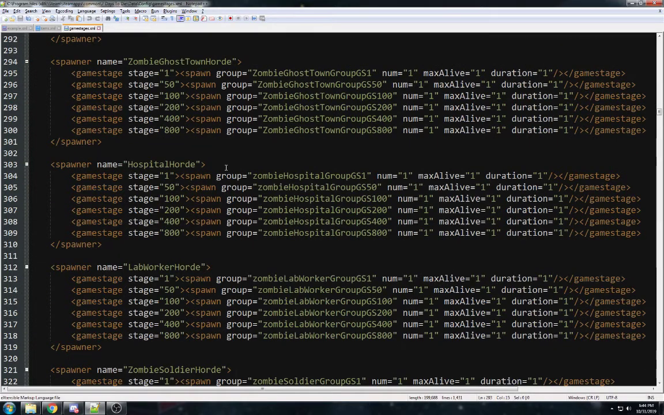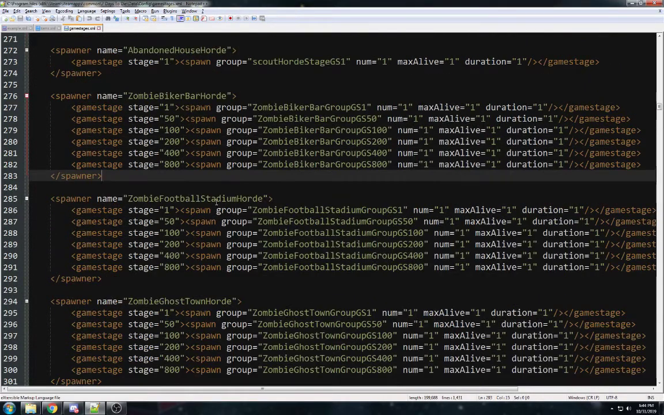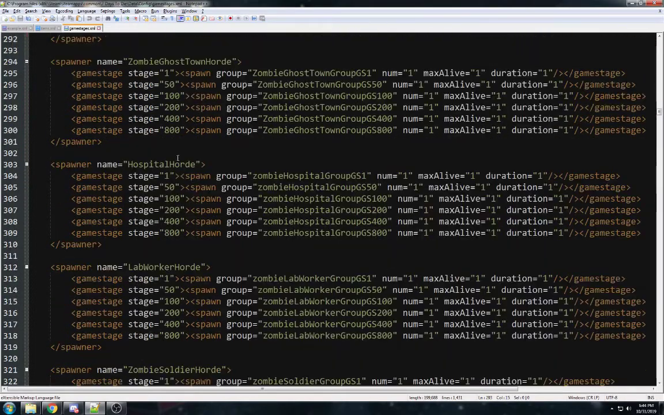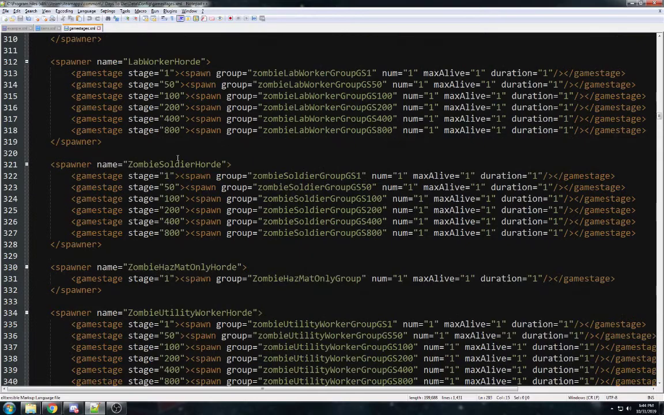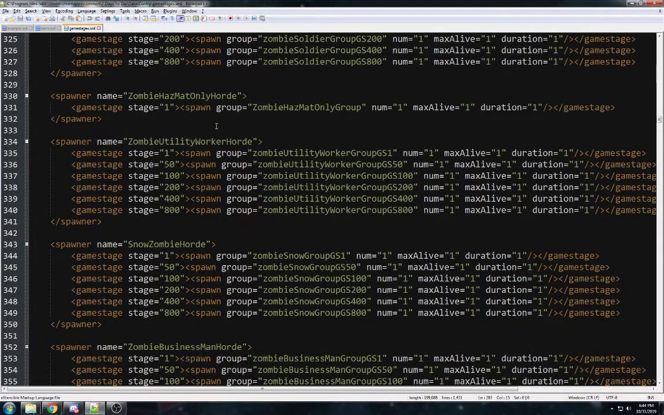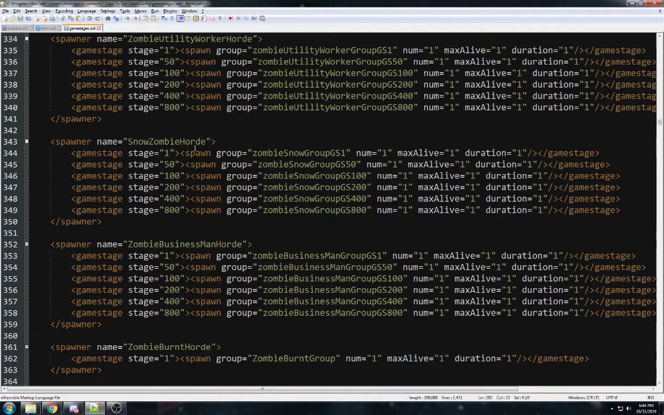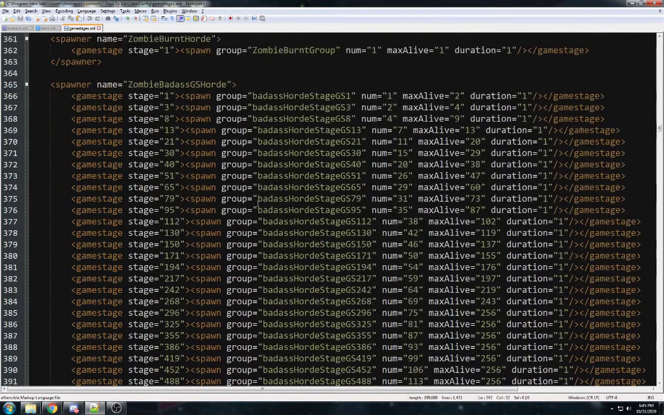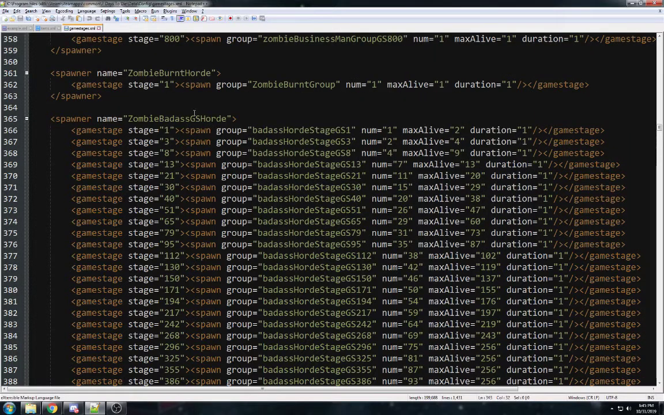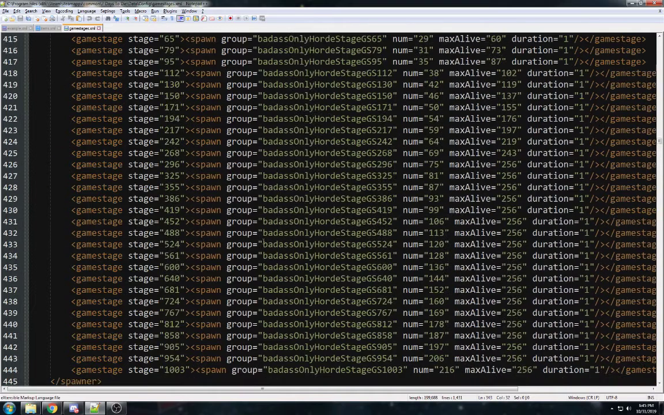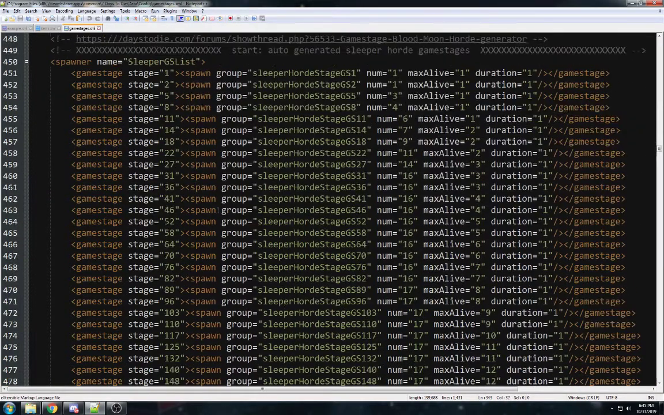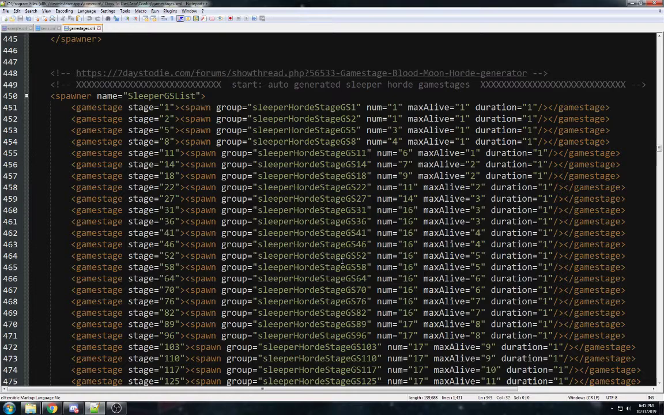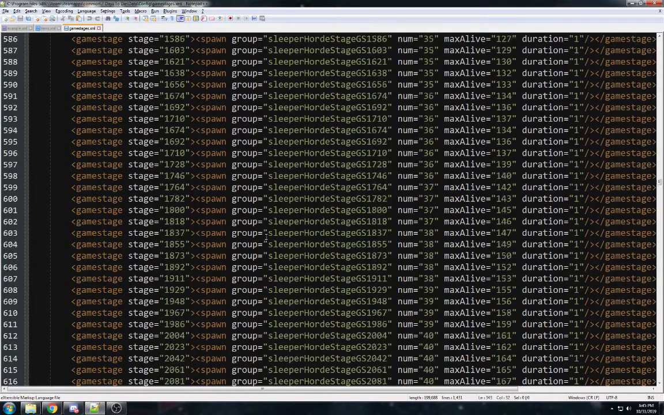So, here's all of your different main POIs: biker bar, football stadium, ghost town, hospital, labs, soldiers, hazmats, utility workers, snow zombies. So this is where your snow zombies come from. Like all of the different POIs all reference this. Okay. So here's your sleeper volumes. These are your generic volumes. And then further down,